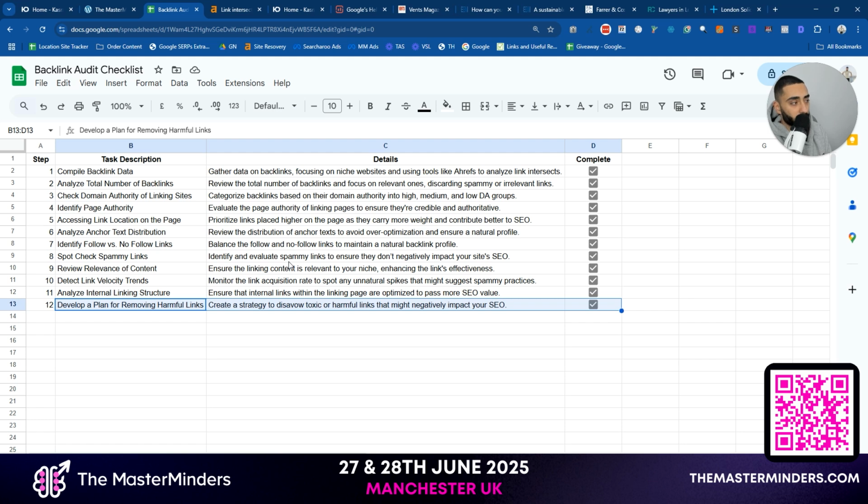The amount of people that I've spoken to that have tried to do a disavow themselves and they've just failed because they're not looking at the entire bigger picture of backlinks. They're not taking into consideration PBNs, hacked links, scraper and aggregator links. It's just a bit of a minefield if you've never done a disavow before. So that has been my video on